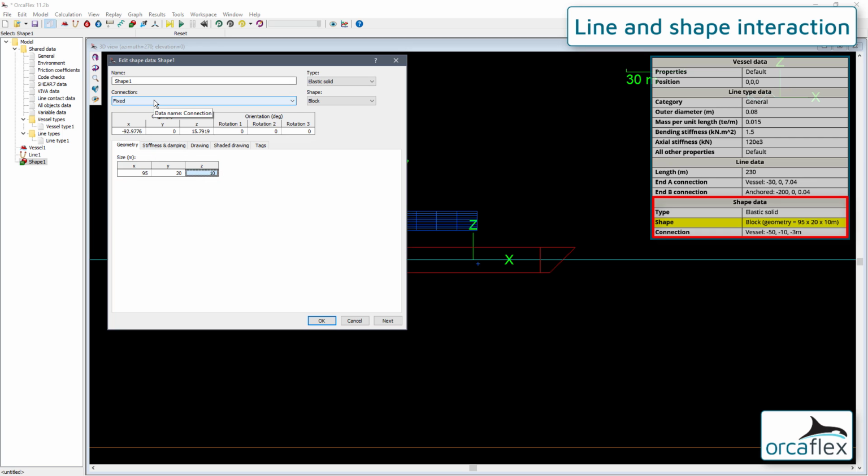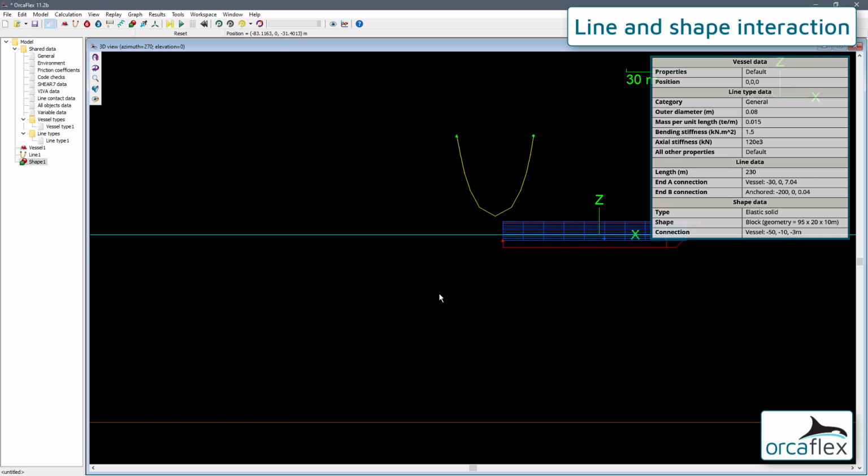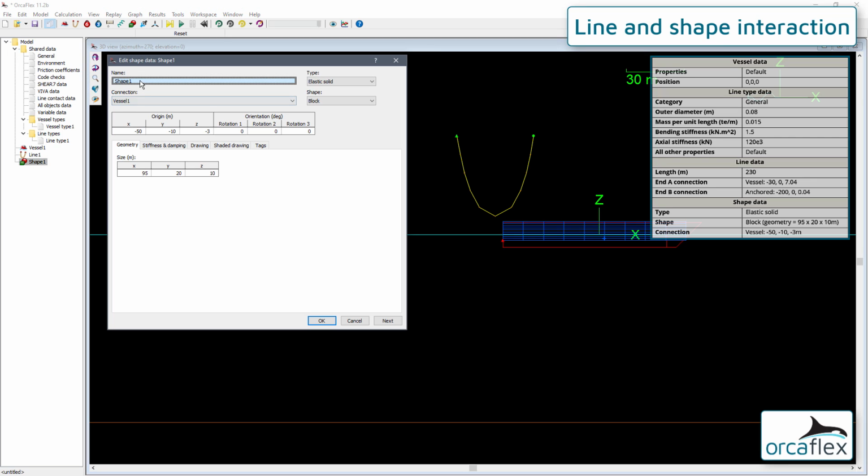This will be connected to the vessel at a position of -50 in X, -10 in Y, and -3 in Z. As you can see, this positions the shape at the top of the vessel and is intended to represent the deck. We'll therefore rename it accordingly.